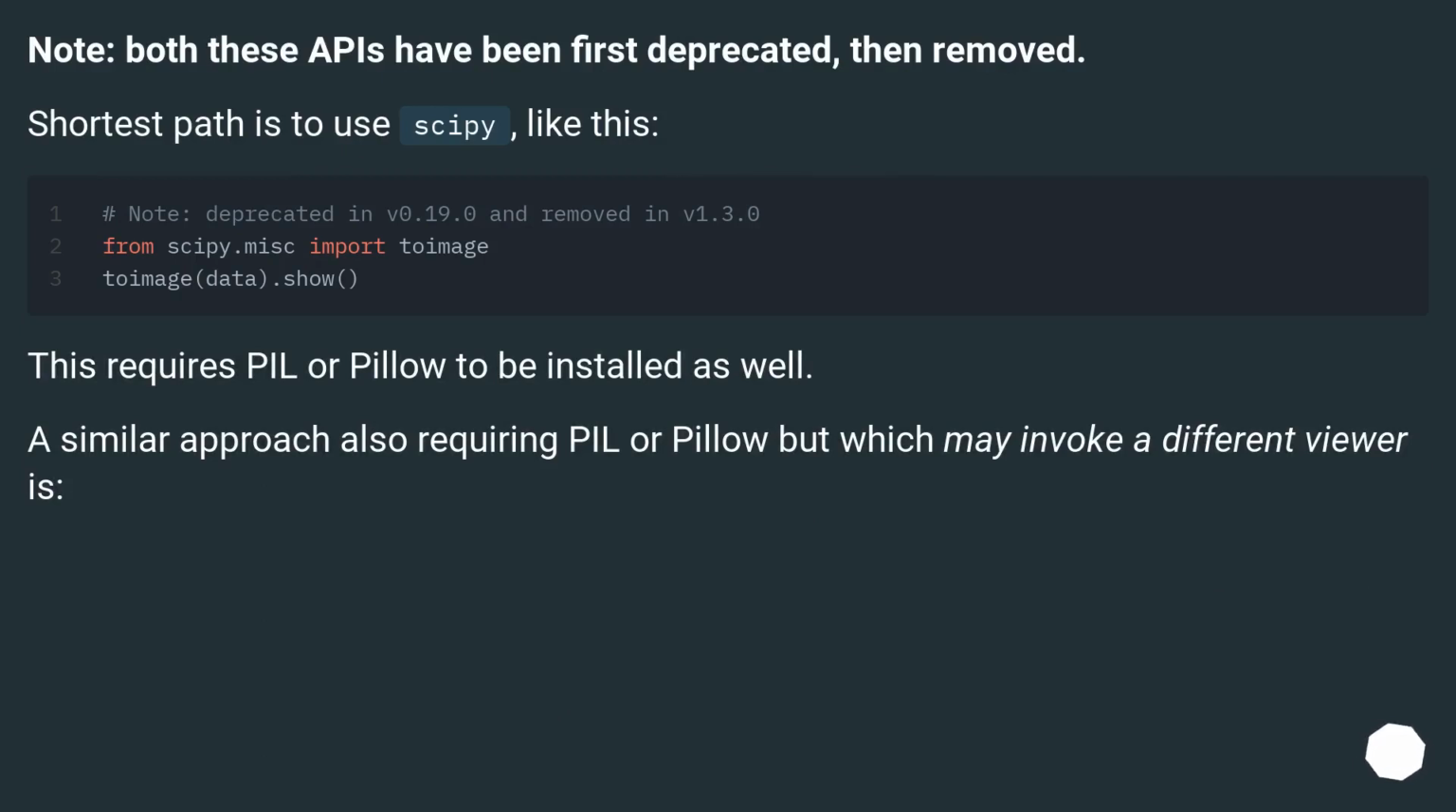Note, both these apps have been first deprecated, then removed. The shortest path is to use SciPy, like this. This requires PIL or Pillow to be installed as well. A similar approach, also requiring PIL or Pillow but which may invoke a different viewer, is